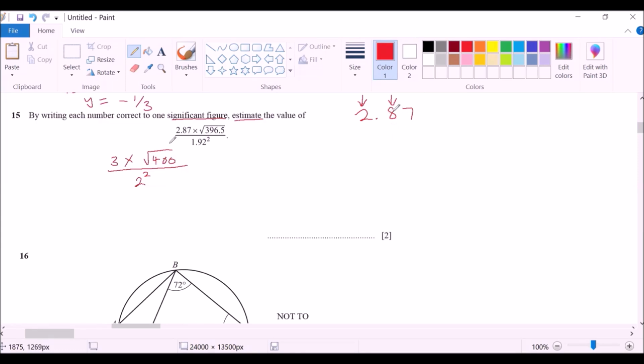Now, 8 is greater than 5. So we increase here to get 3. So 2.87 to one significant figure is 3. For